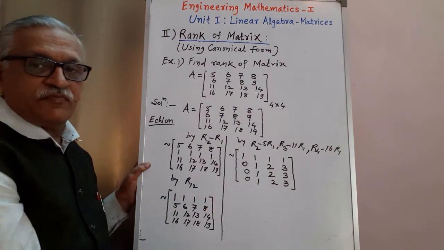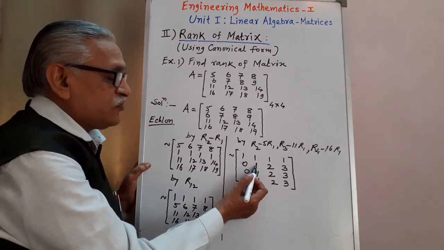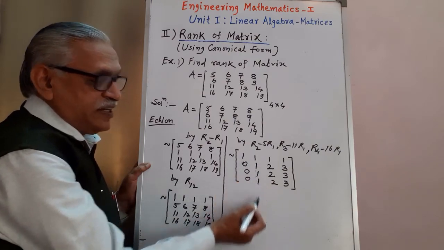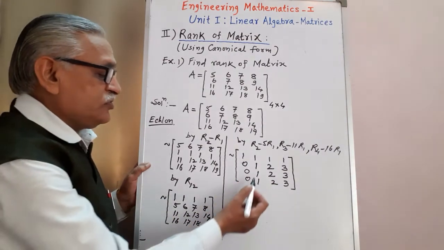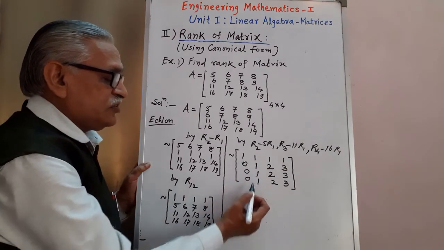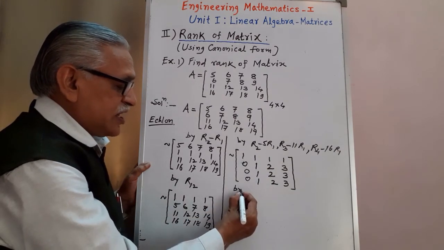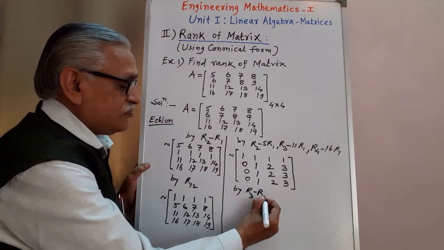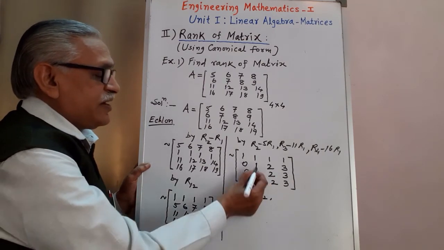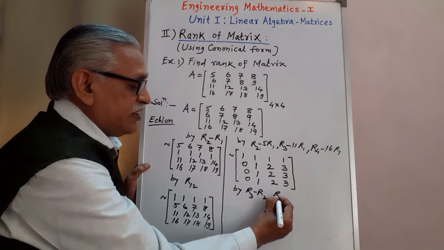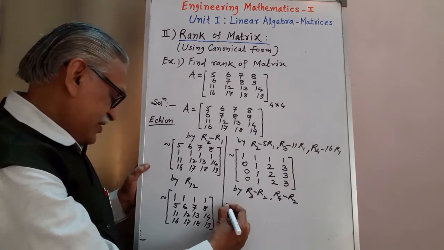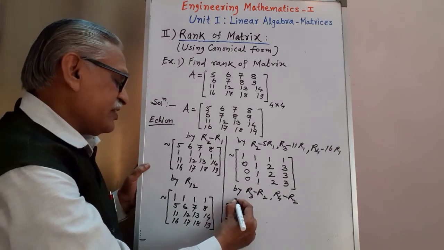1 is non-zero. Therefore, using this 1, we try to convert all the remaining elements below it to 0. 1 minus 1, we get 0. Therefore, the transformation is R3 minus R2, and 1 minus 1 is 0, it is R4 minus R2. By these two transformations, we get